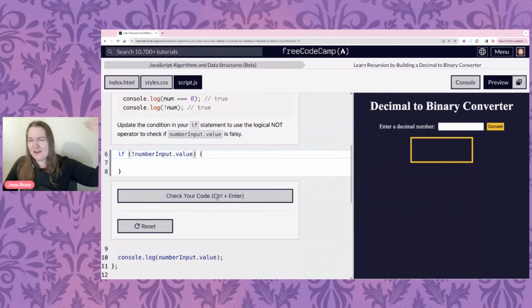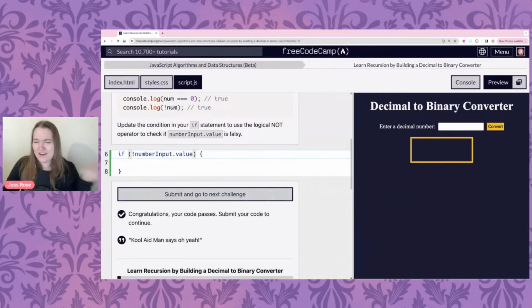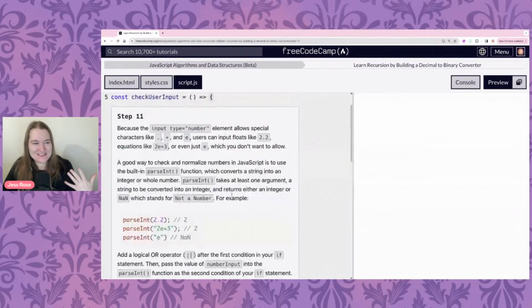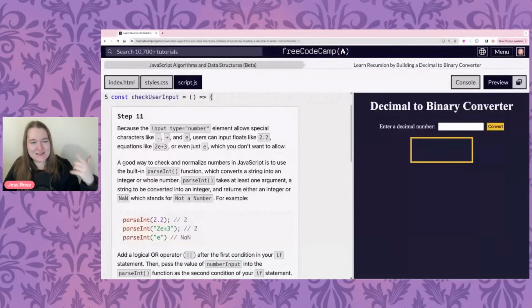Check our code. Look at it. Look at it. We didn't need Stewart. Yeah. Yeah, we do. We do. We're going to bop on to the next challenge. Okay. Because the input type equals number allows for special